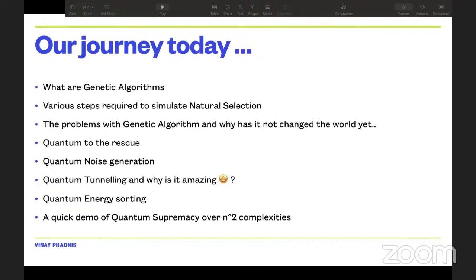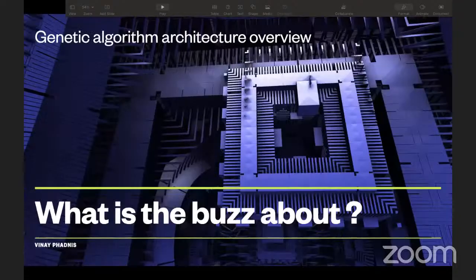Then we'll see how a quantum computer is used to solve each and every one of those problems. And finally, if time permits, we'll see a quick demo of a quantum supremacy system, which is like a D-Wave system. So, to begin with, what is the buzz all about?